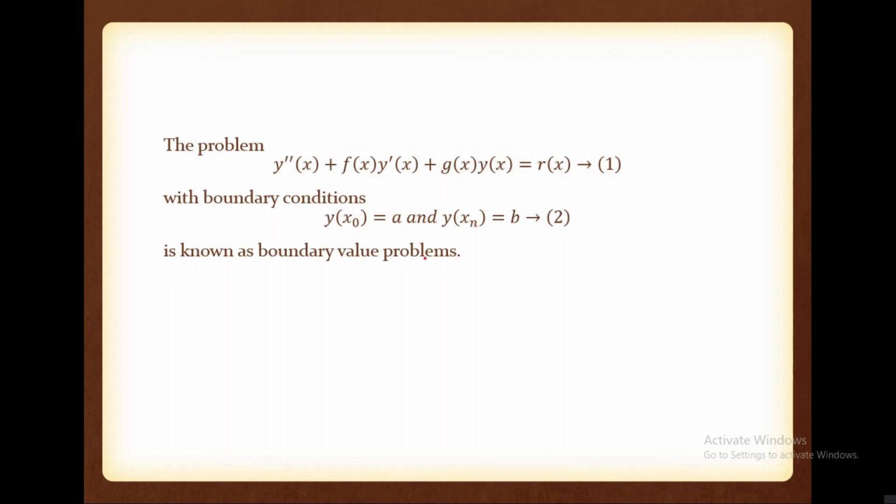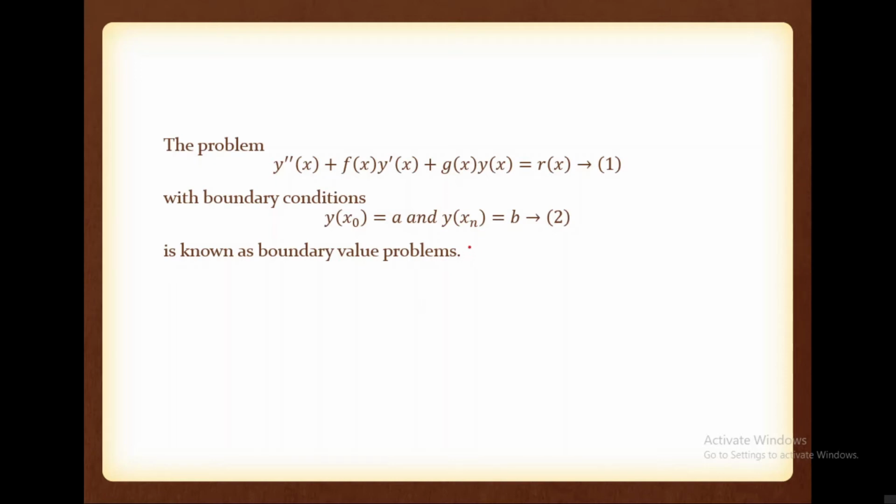So this is the differential equation representation, and the boundary conditions are y of x0 is equal to a and y of xn is equal to b. These are the boundary values. This n depends upon how many values we are going to find, including a and b. If we need n plus 1 points, including a and b, then this is n. So if we want 7 points, including a and b, then this is 6. Already we have two values, so we have to find the intermediate n minus 1 points.